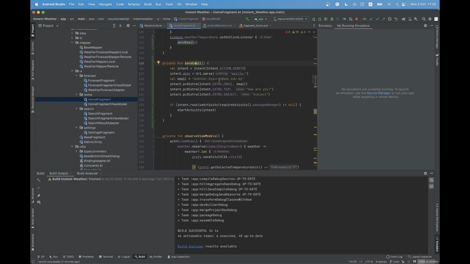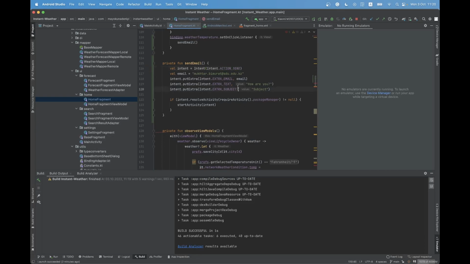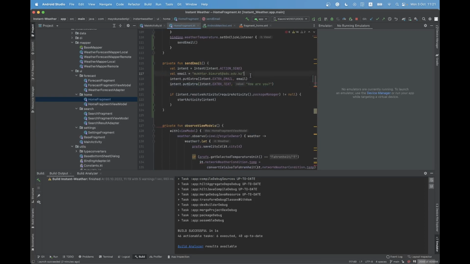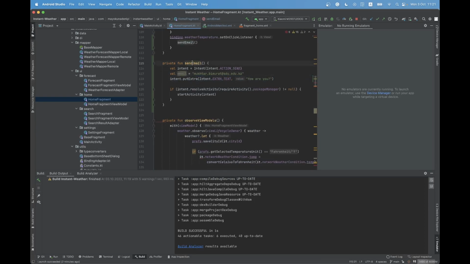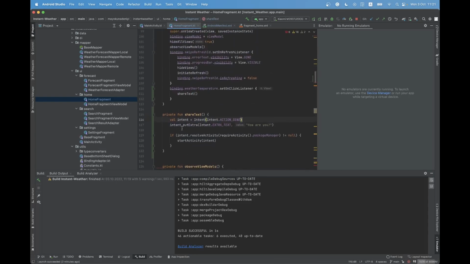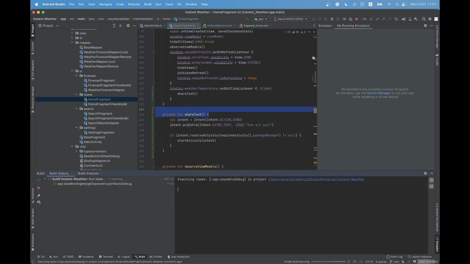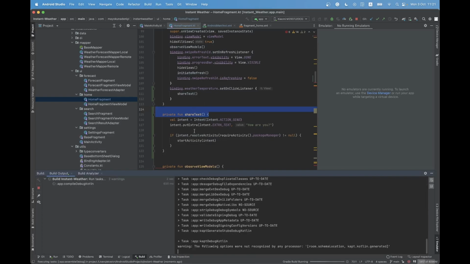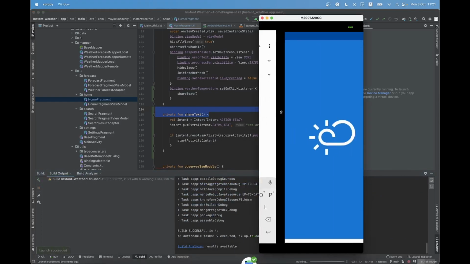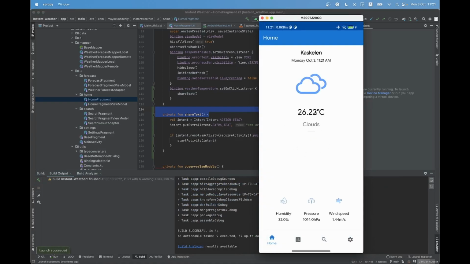Okay, let's try now just a send intent, and let's remove this. We will just share text now, right? Send or share text. It's called share text. This is another example of implicit intent, which is used to share some text. For example, we have some text and we can share it. And okay, when we click on that,